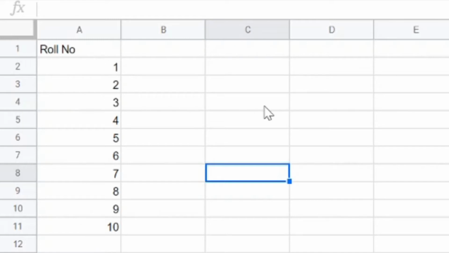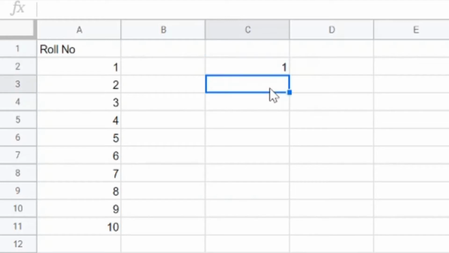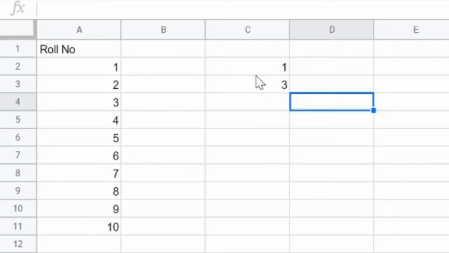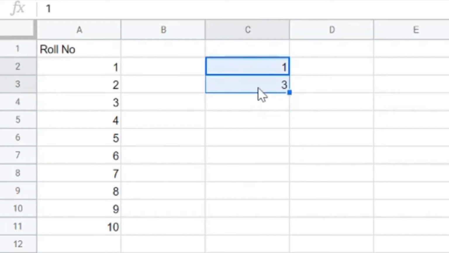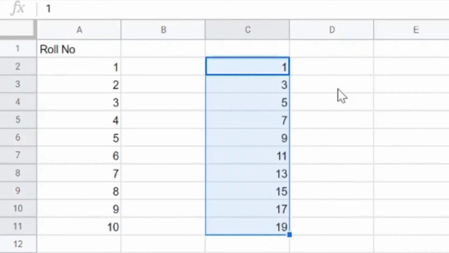You might be thinking we can do autofill only in serial numbers, but no, we can generate series also by using autofill. Let me show you how. First of all, I am writing 1, then I am writing 3, so I am giving a difference of two. If I do the same autofill, it will generate the odd numbers. Can you see this? Now 1, 3, 5, 7, 9, 11, 13, like this.